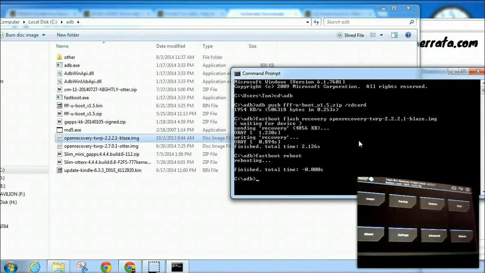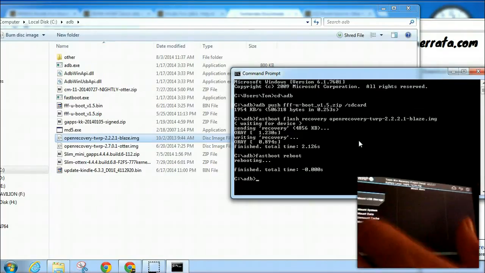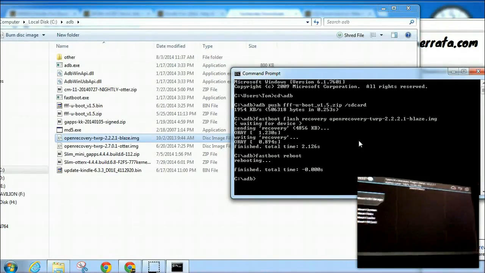Okay, we have 2.2.2.1 without any major errors. Okay, so now we're going to go ahead and try to mount our SD card. Don't worry, uncheck that. Just mount SD, and it's not letting us mount the SD card. So that means our partitions still aren't wiped correctly, but that's